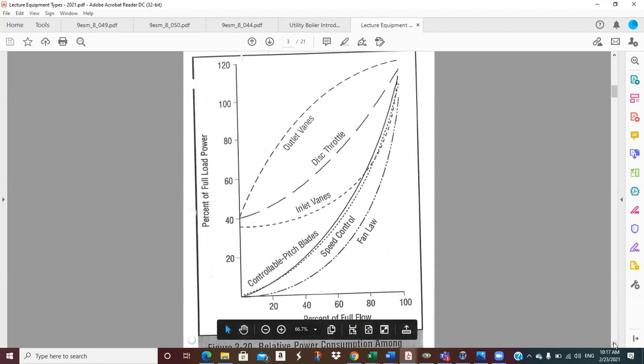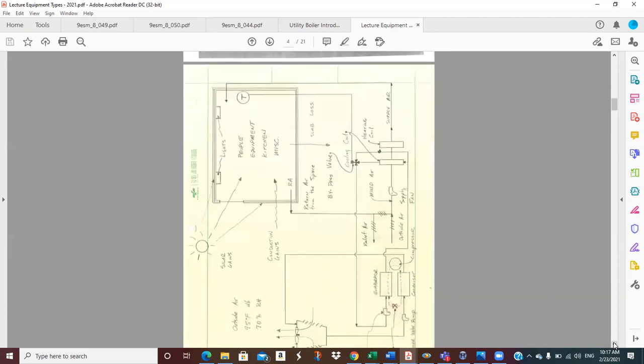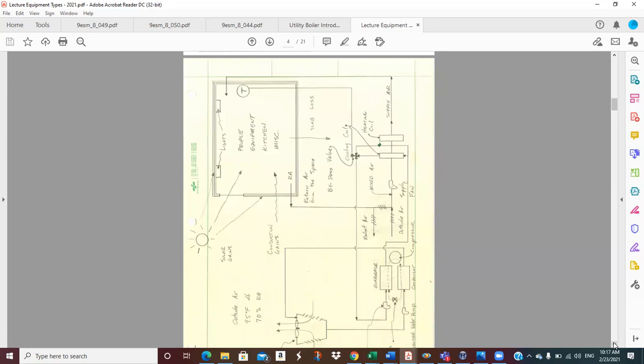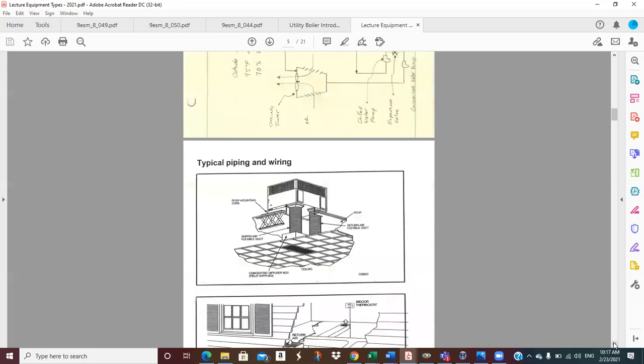So we're not gonna do this. This is my hand sketch of a system with a chiller and all that stuff, but we already did that in the introductory stuff of the course, so I'm not gonna go back and redo that. But